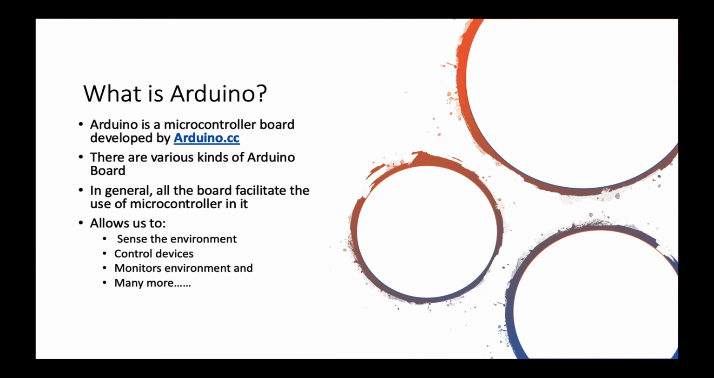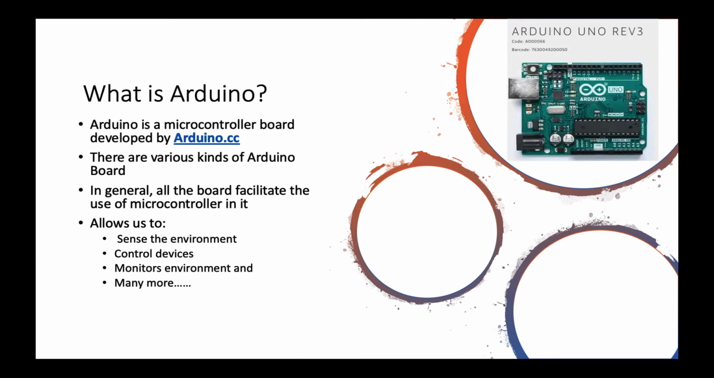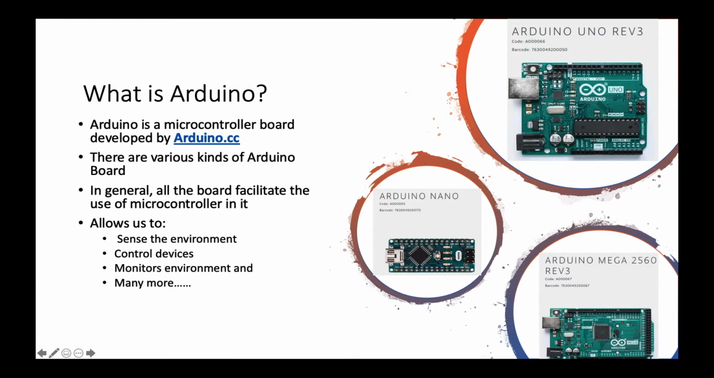Arduino is a microcontroller board that is developed by an Italian company. When we say Arduino, there are various kinds of Arduino boards. One of the boards is Arduino Uno. So this is Arduino Uno. We also have Arduino Nano. We also have Arduino Mega. And not only these three, there are many more boards out there, which are made by the company